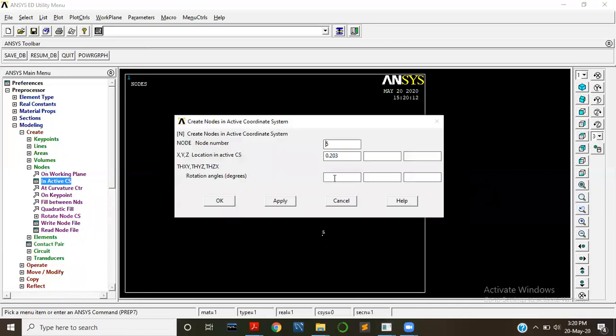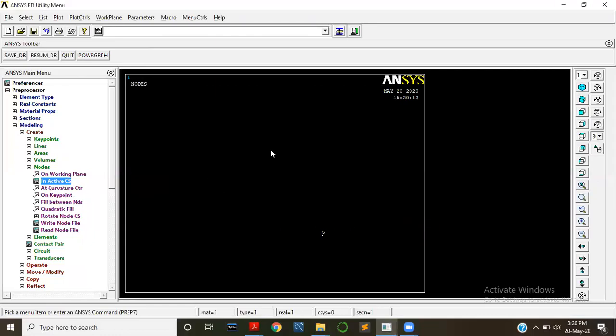In Active CS, the sixth node is at 0.203. Okay, fit. Here there should be 6, otherwise we have to do it one more time. Only node 5 is there.